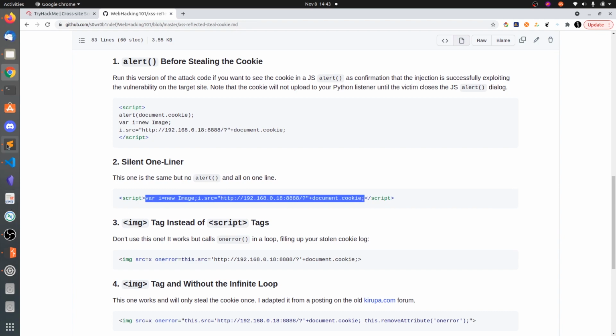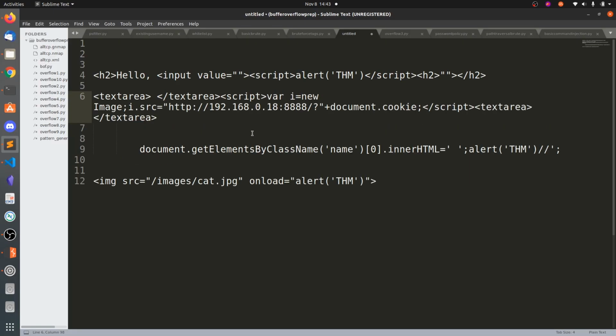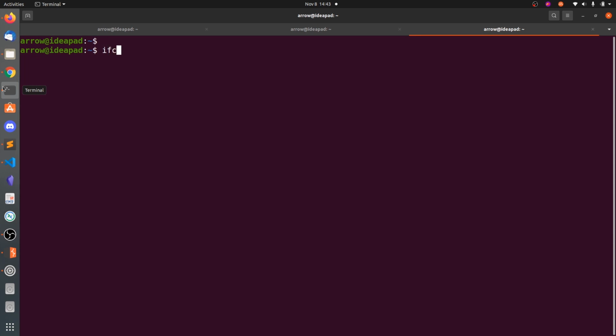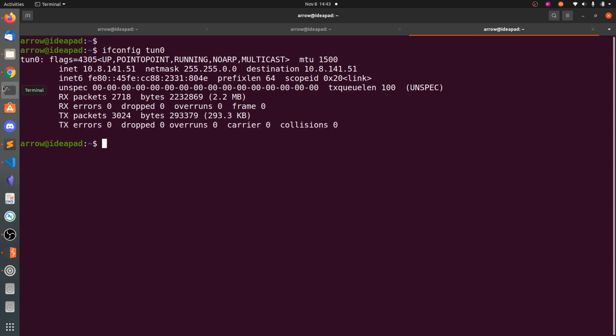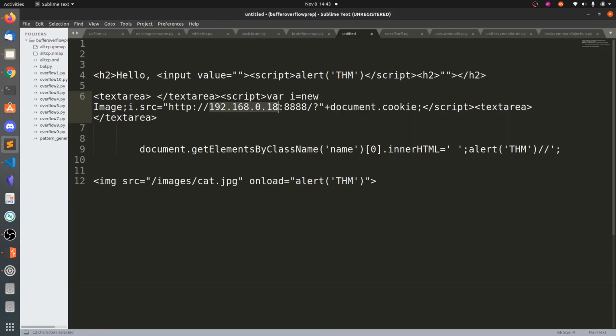So copy and paste here. So change this IP address to our IP address, and you can also change this port to whatever you want, say 1234.